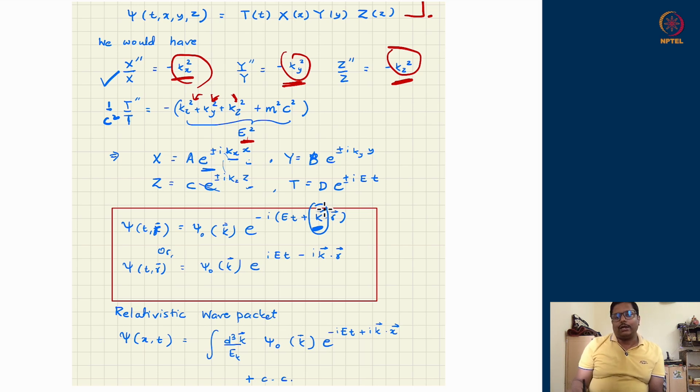However, for the temporal part, I'm going to write it explicitly. There are two possibilities for the temporal part, one with plus iota Et and another with minus iota Et, which I write separately. The first function will be some e to the power ik dot r times e to the power minus iota Et, and the second set of solutions would be e to the power plus iota Et and minus ik dot r. In these two, the spatial vector captures the signs of the spatial part, but explicitly I have written E and minus E because there is no temporal vector I could have used, and that is how I have decomposed it.